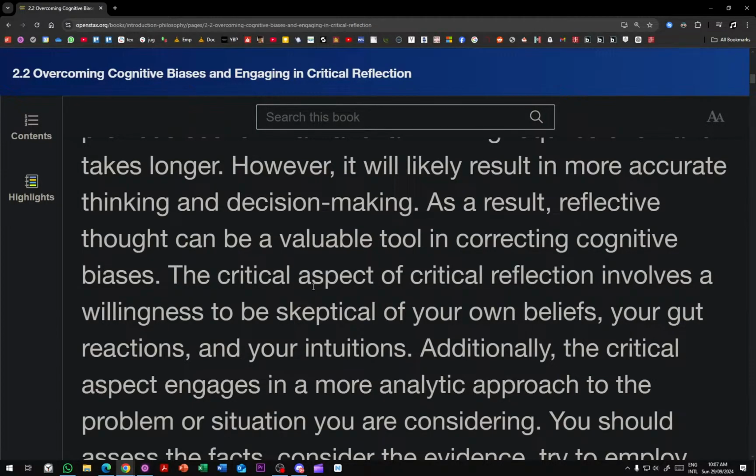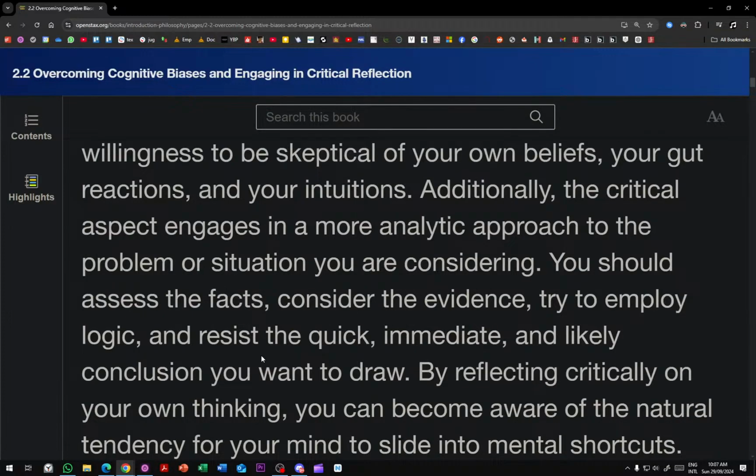The critical aspect of critical reflection involves a willingness to be skeptical of your own beliefs, your gut reactions, and your intuitions. Additionally, the critical aspect engages in a more analytic approach to the problem or situation you are considering. You should assess the facts, consider the evidence, try to employ logic, and resist the quick, immediate, and likely conclusion